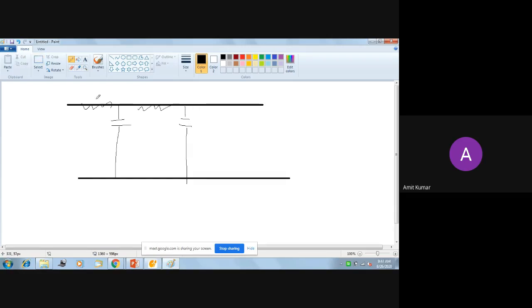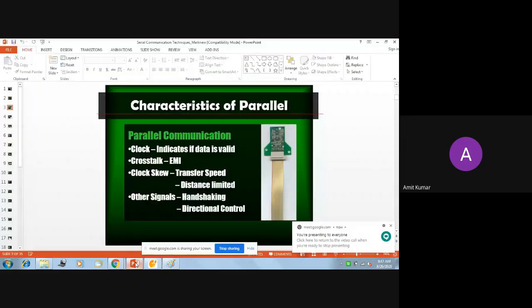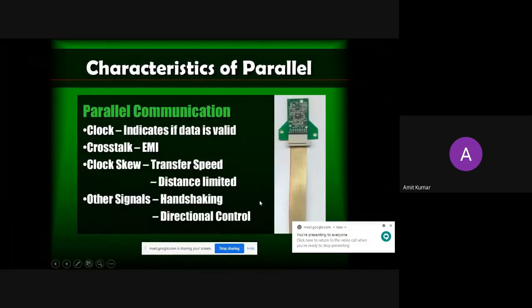Due to this, the RC combined together gives a delay. This is given as tau, the time constant, which equals R times C, the multiplication of resistance and capacitance. This is known as the delay of your transmission line. When the data is traveling on the line and facing some delay, all the data available on the different lines will face those delays. The delay can be higher or smaller depending upon the configuration you are using.